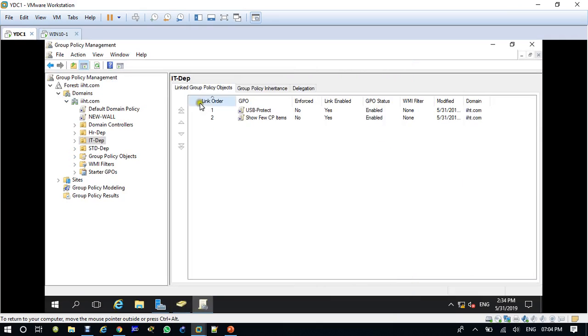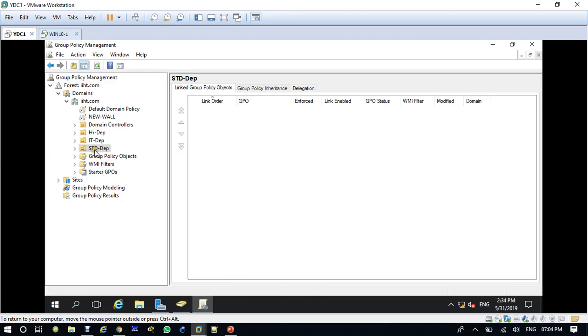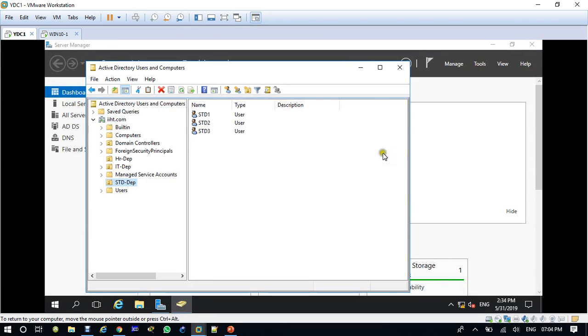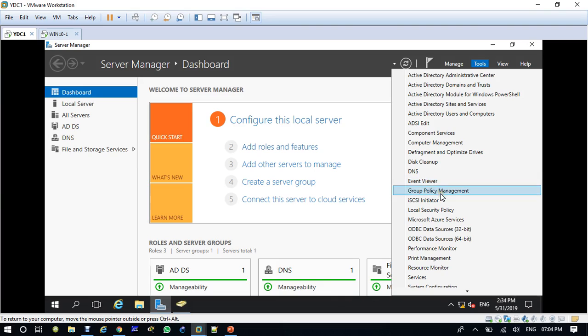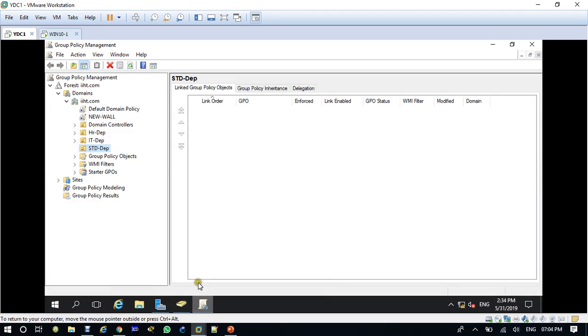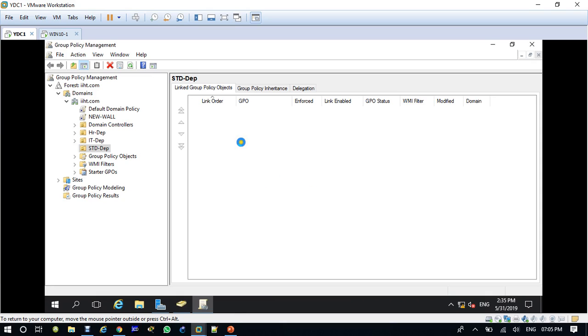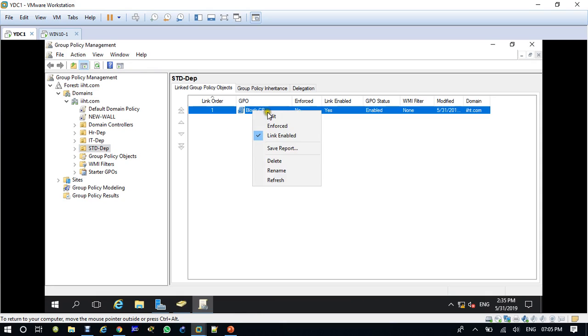So now I'll open the group policy, and I'll come here to student department, right click. So you know how to open this group policy. You have to come to server manager, tools, group policy management, and I'll come here, and then I'll come to student department, right click, and you can make here block control panel, click OK, then right click, edit,